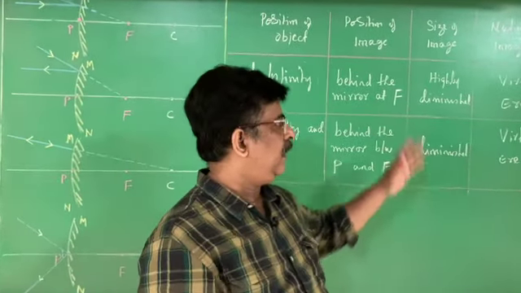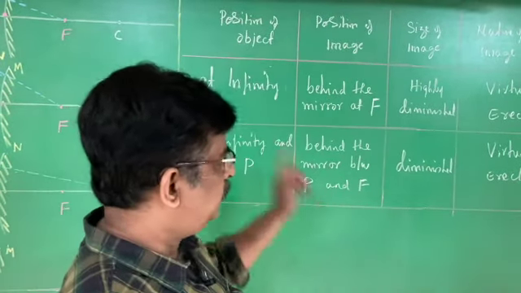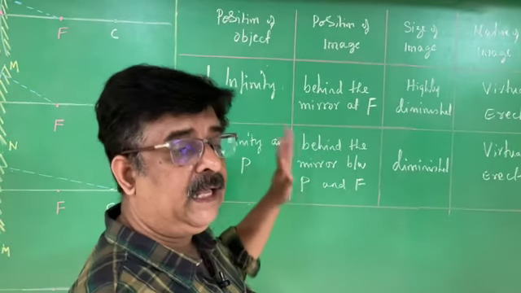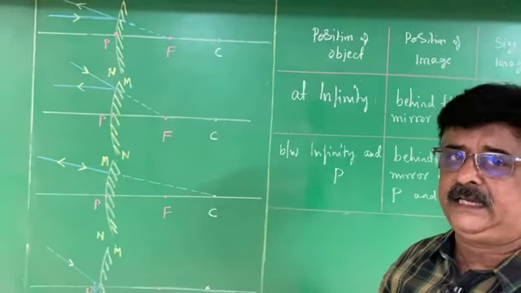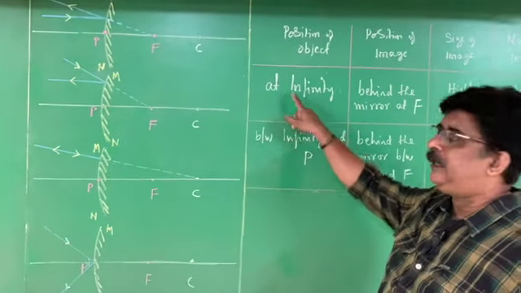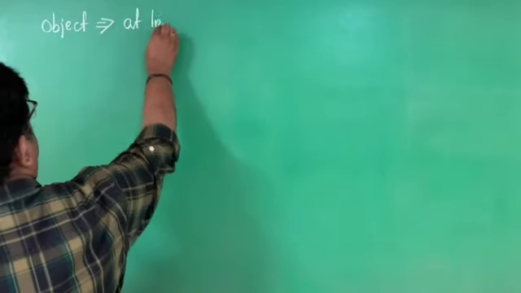That has to be verified by writing the ray diagram. We are going to write the ray diagram to verify this. Is it going to produce a virtual image or not? That we can verify by writing the ray diagram. To write the ray diagram, we have to follow the conditions. How many conditions are there? Four conditions are there. How many positions are there for the object? Only two positions are there. We start writing the ray diagram for the convex mirror. The first position of the object. The position of the object is at infinity.